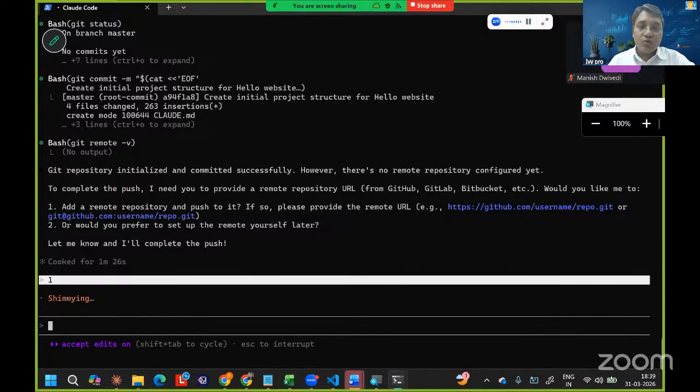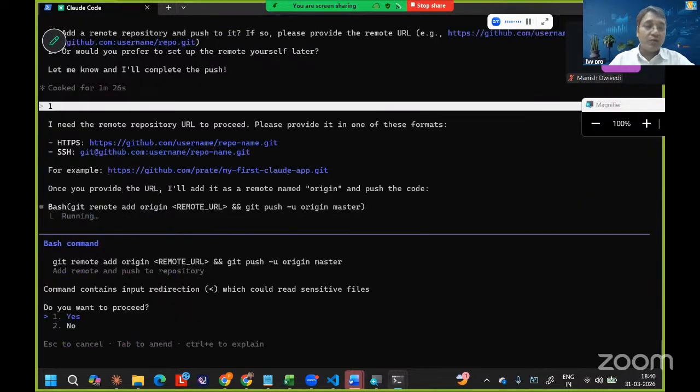Okay. So what it is going to do is that it is going to create a Git repository online on my account. And how does it know what my account is? So it says that I need the Git repository URL to proceed. Please provide one of these formats. Once you provide this URL, then I can do it. Or I can say that